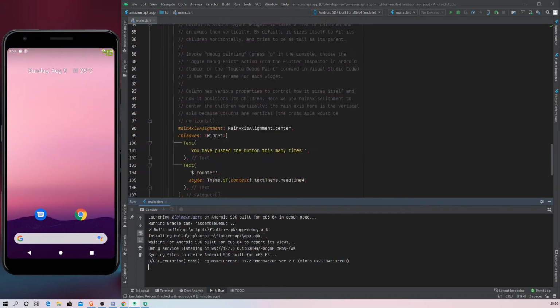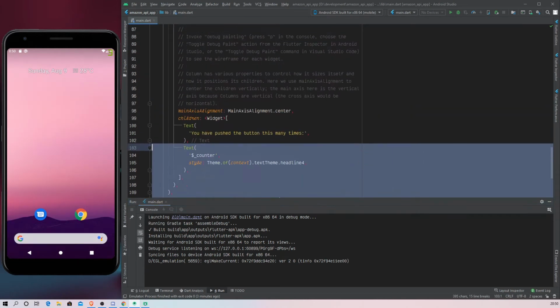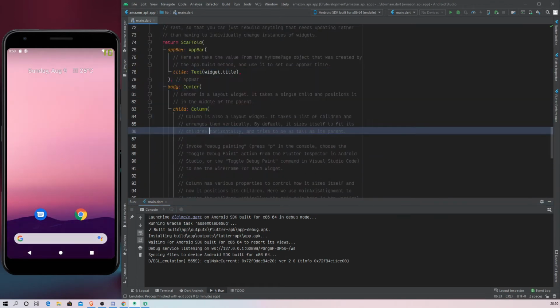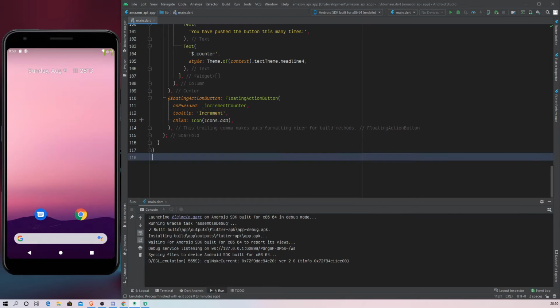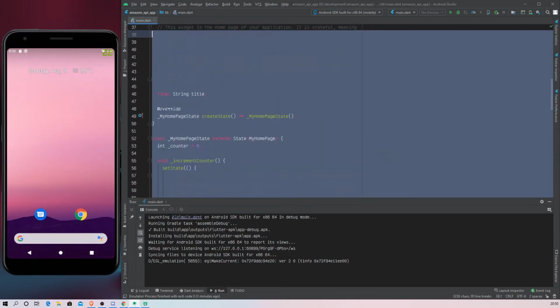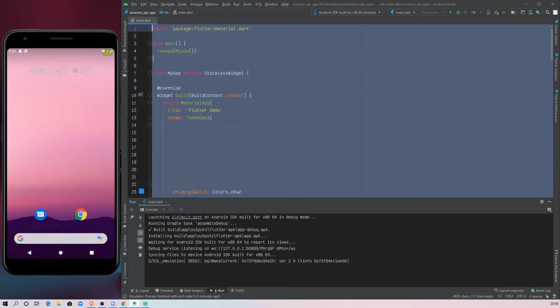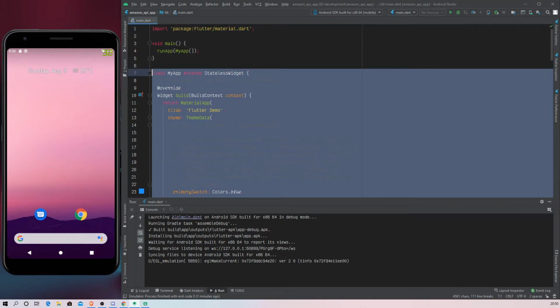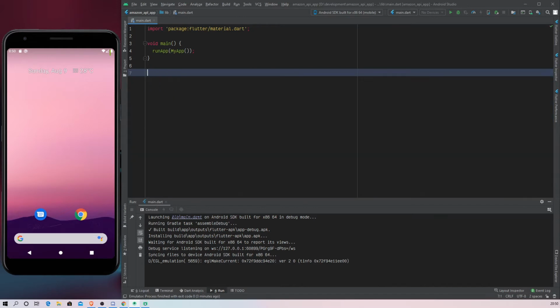And now what you want to do is just select all of this code, until here. So just let the import material.dart statement and the void main function remain and remove everything else.